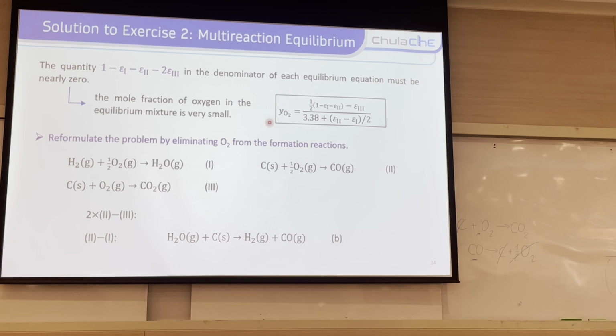It might be that the oxygen does not exist in the equilibrium mixture. That is the meaning of it. So that's why they reformulate the problem by eliminating the oxygen from the equilibrium mixture. In this case, they just use the starting three equations here. Sorry, I have to pick up the